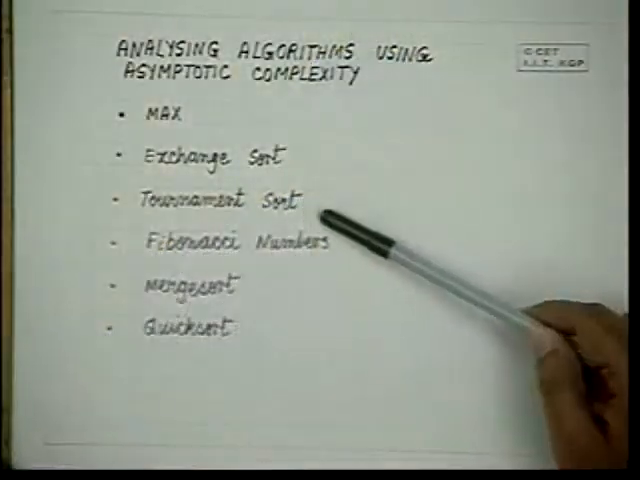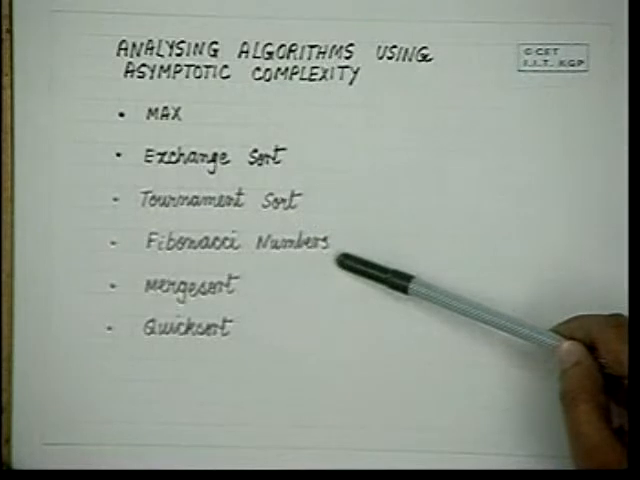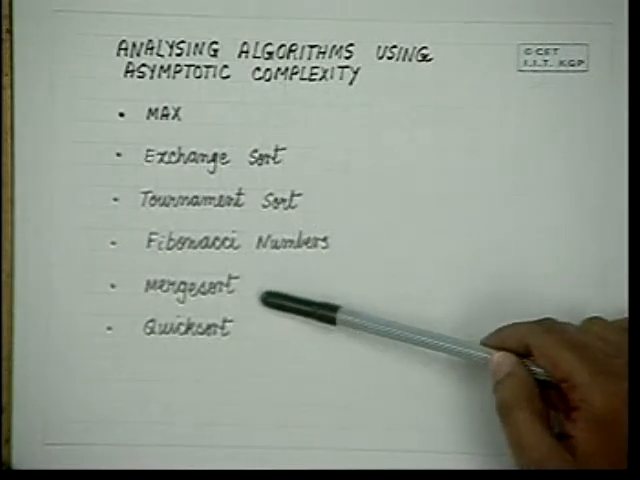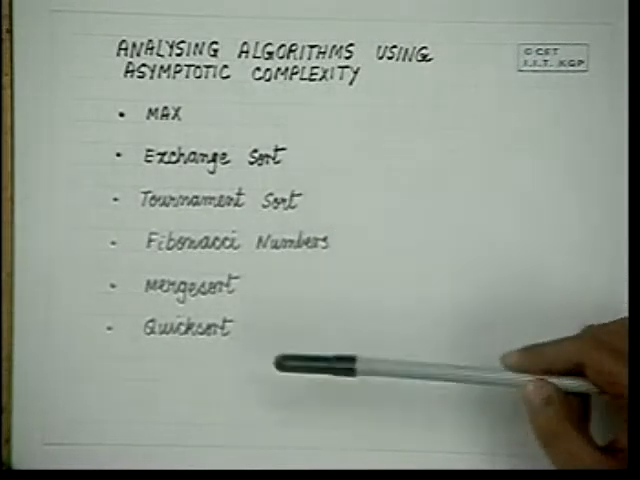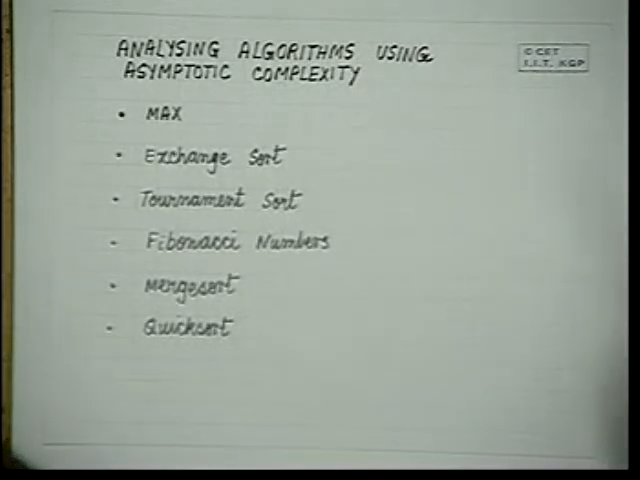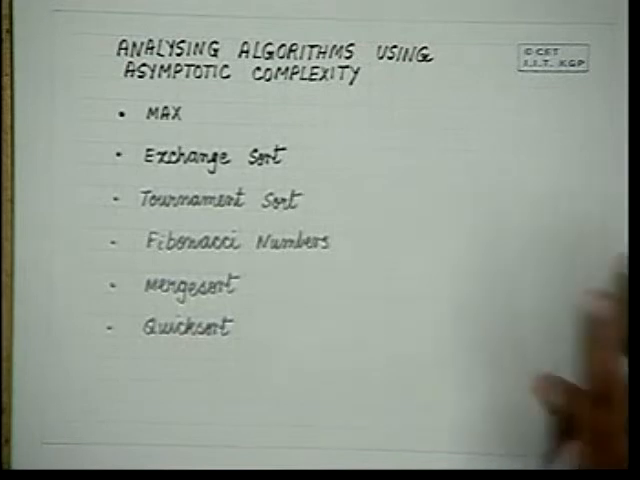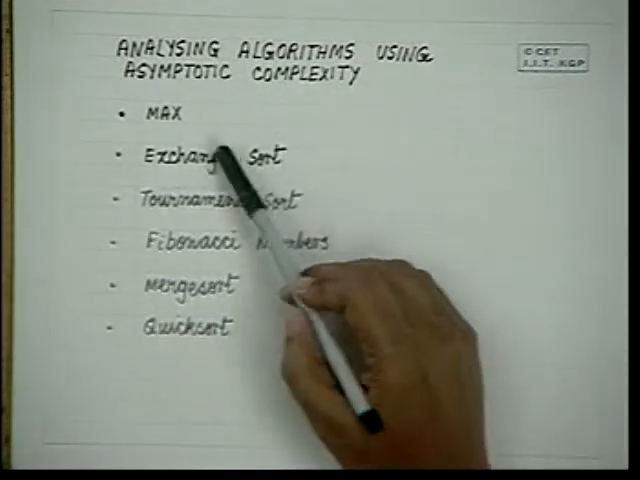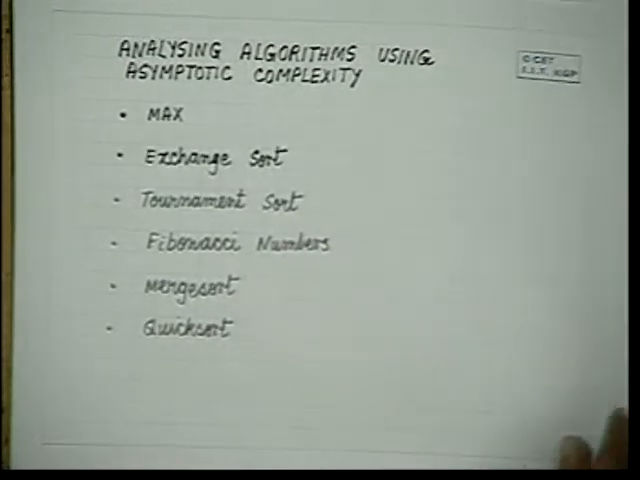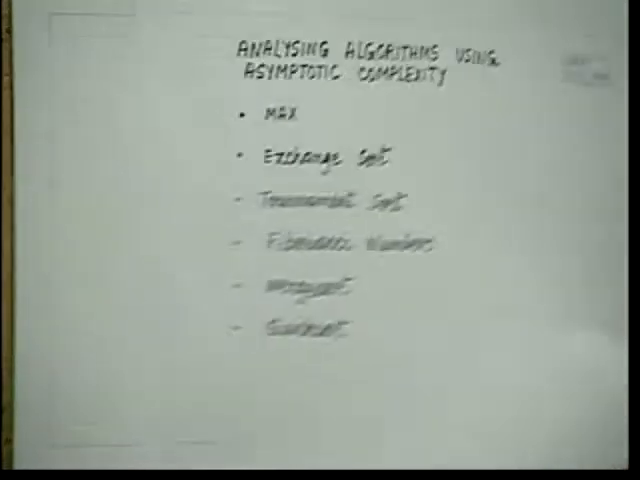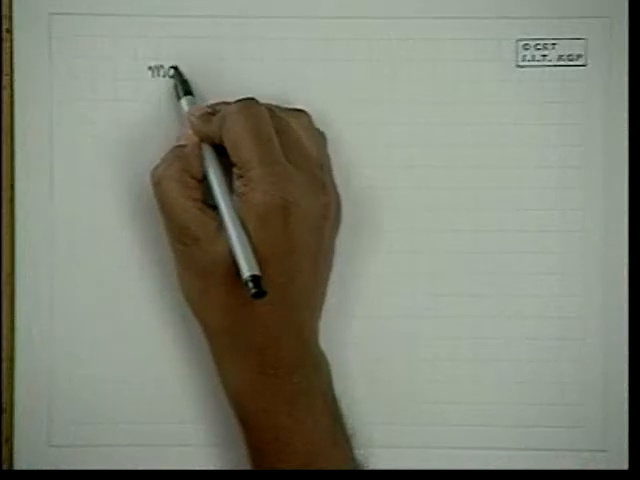So, we will pick up quickly these problems: the maximum of n numbers, the exchange sort, the tournament sort, Fibonacci numbers, the merge sort and the quick sort. These are the ones we have done. We have also done towers of Hanoi, permutations, the stamps problem, which we shall come to when the time permits. The maximum of n numbers was something which we did in the previous class, and without writing the routine